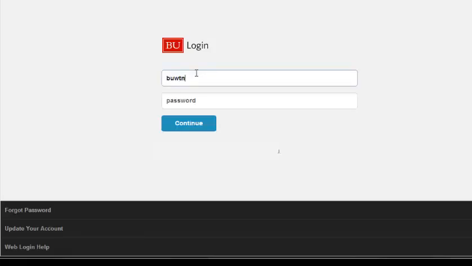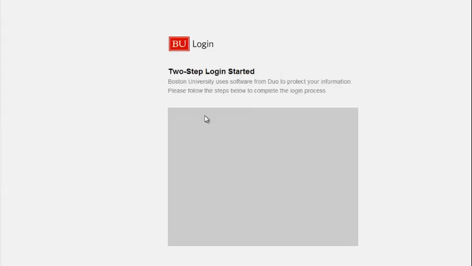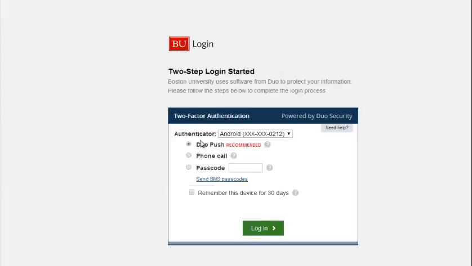With the device enrolled, we can now log in using two-factor authentication. As we did prior to device enrollment, we enter our BU logon ID and Kerberos password. This time, though, the system recognizes we have already enrolled an authenticator. We are presented with several options for how we can authenticate. Because the device we registered is a smartphone with the Duo mobile app now installed, we will choose the recommended